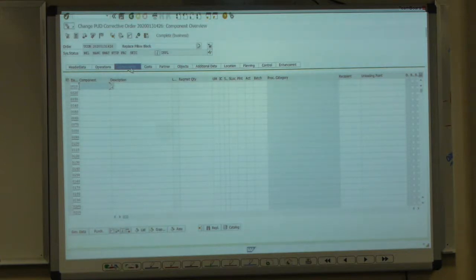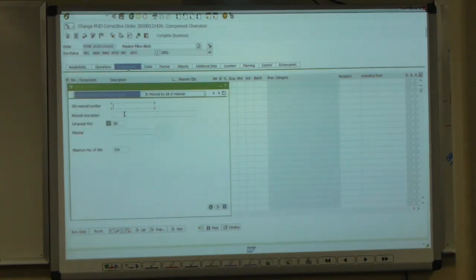Thank you. No problem. All right, follow me with the handout. You want to go into your components tab area. Since we don't know our component number, go ahead and get your magnifying glass to the right of the cell. Here's where you put a description of the part you're looking for. In our training, we're looking for multi-purpose zip ties. Under the description, type in the asterisk for your wild card, then type in cable,